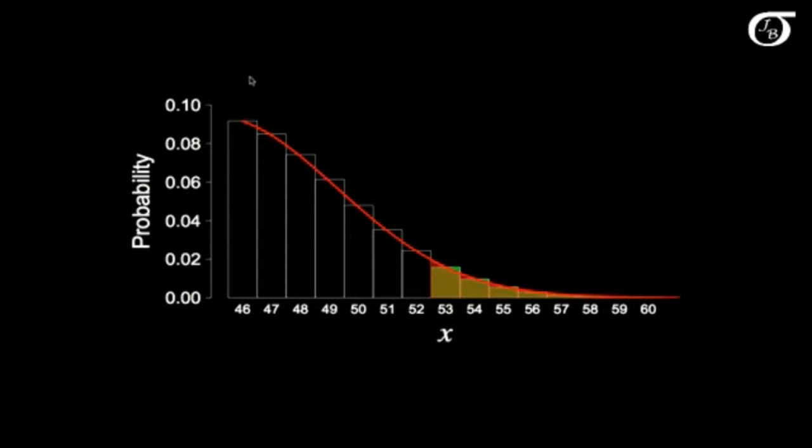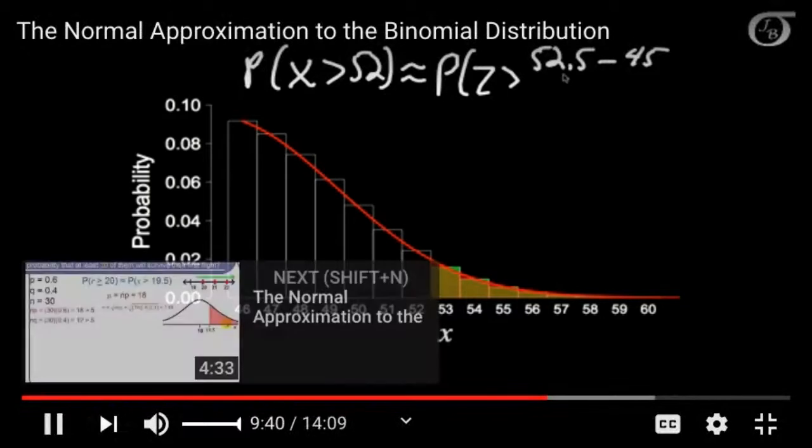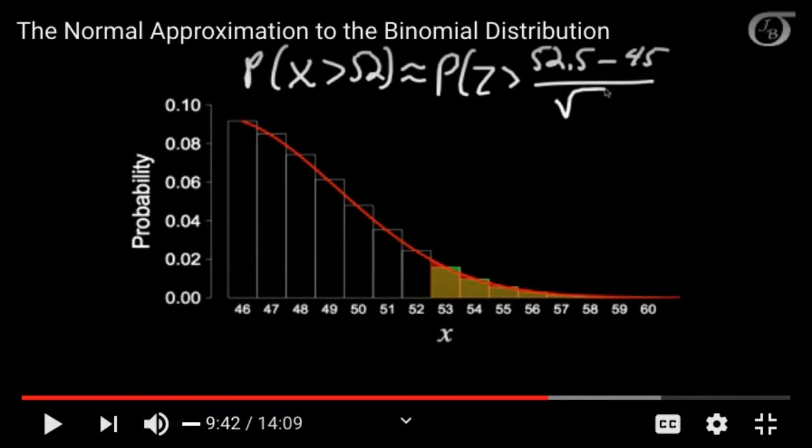That looks a little bit better. And so I want my probability that x is strictly greater than 52. This is going to be approximately the probability that z is greater than 52.5 minus my mu, which is 45, divided by the standard